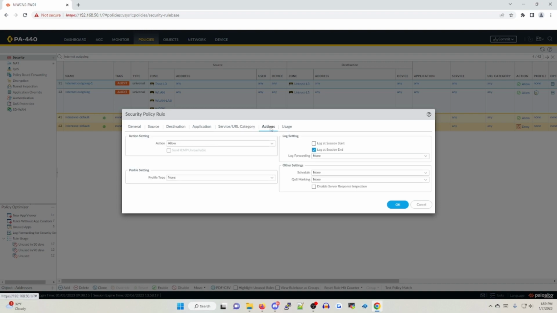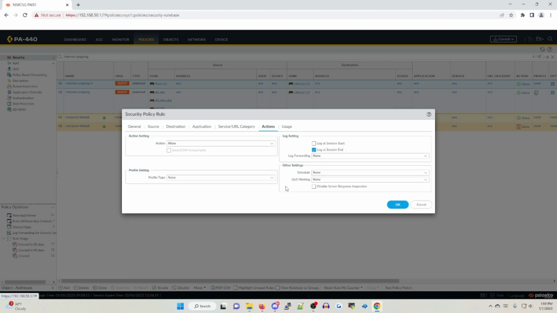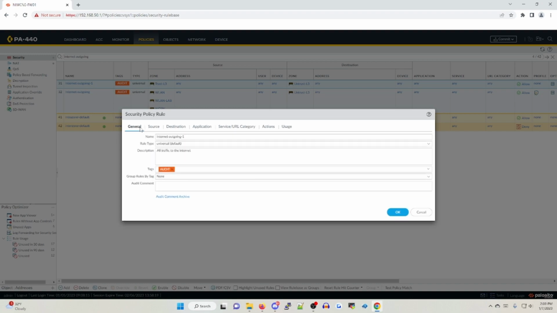And then very last, what we want to do is make sure our profiles are set up as well as the name of this policy so we have a better idea of what this is for. So under Profile Type, we're going to choose Profiles. We're going to add our known profiles that we have. So in this case, we're going to add our spyware profile, which is going to be LAN DNS security, and our URL filtering profile, which is going to be LAN URL filtering, right? And then here, change the name of this